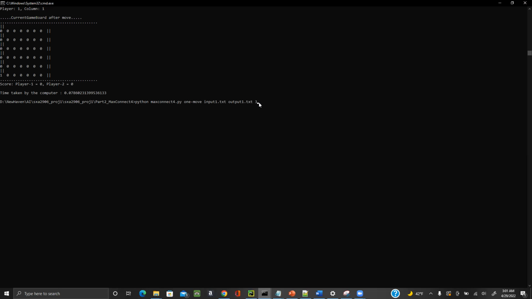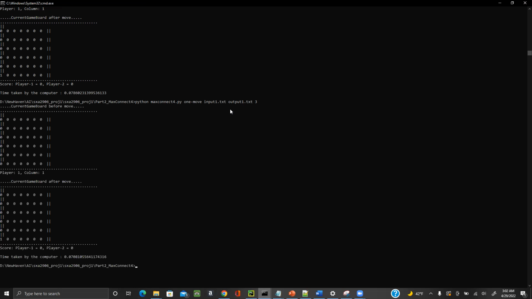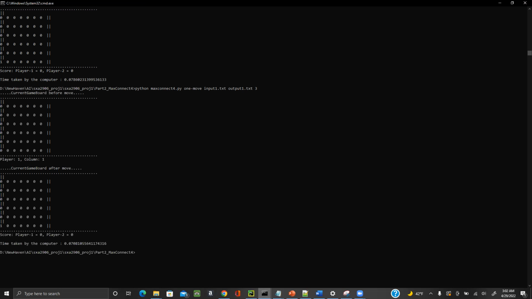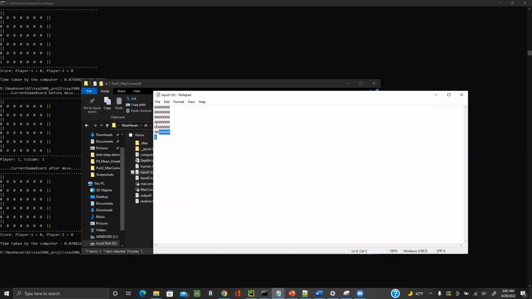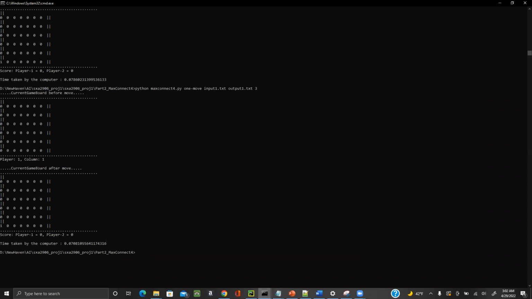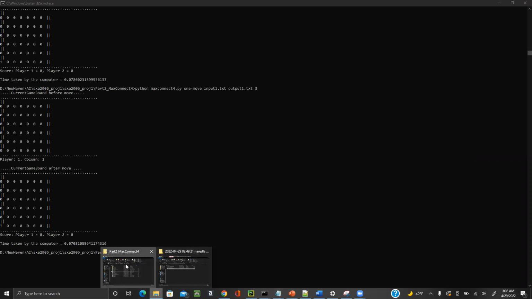Here I choose 3 as the depth. As the depth varies, the time for execution of this command varies. If the depth increases, the time increases. You can press enter here. See here, the input file I have sent is all 0s and the last number is a 1, and you will get the output file as